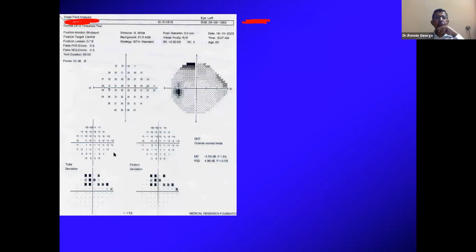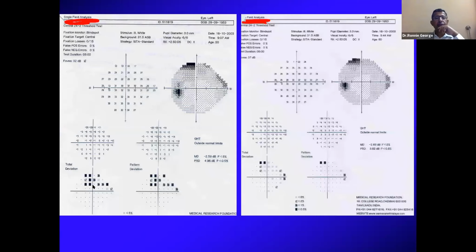So what about this? If you look at this visual field, it actually meets all 3 criteria. The glaucoma hemifield test is outside normal limits, the PSD is depressed to p less than 0.5%, and you have a cluster of more than 3 non-edge points which are depressed as per Anderson's criteria. So this definitely looks glaucomatous as per Anderson's criteria, but when you repeat the visual field, it actually does not meet all the criteria because you have just about 3 points there. PSD is still abnormal, GHT is outside normal limits,